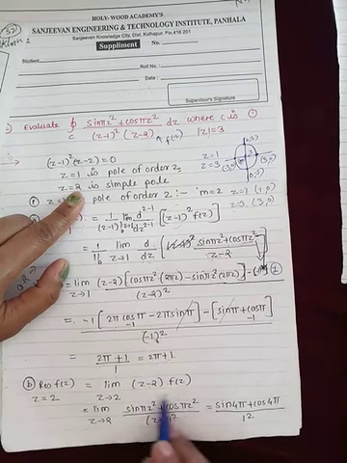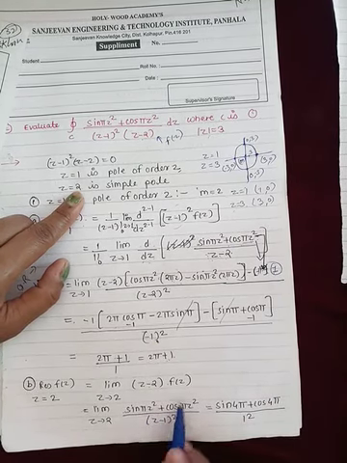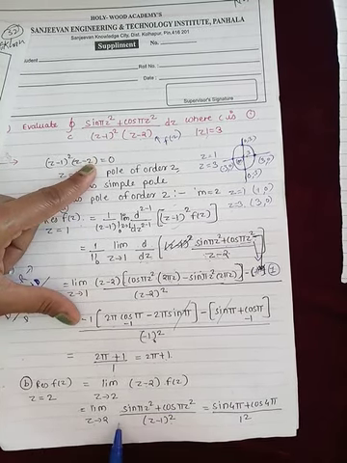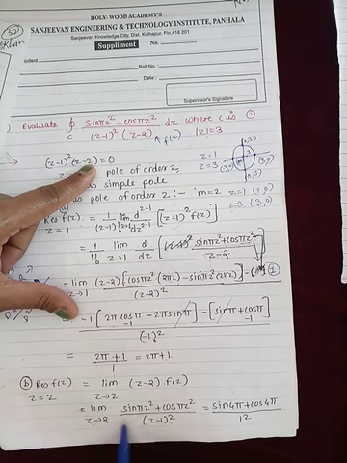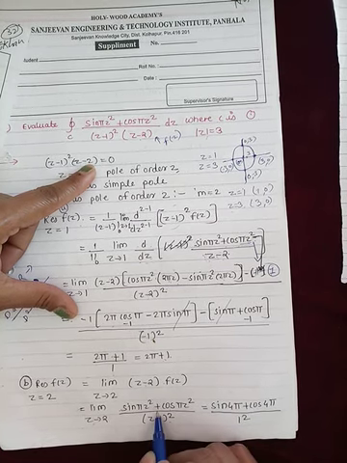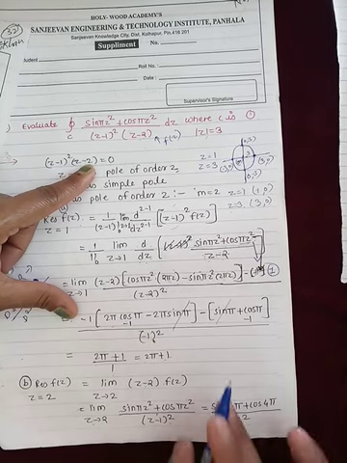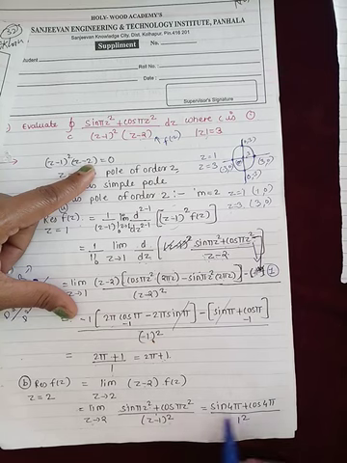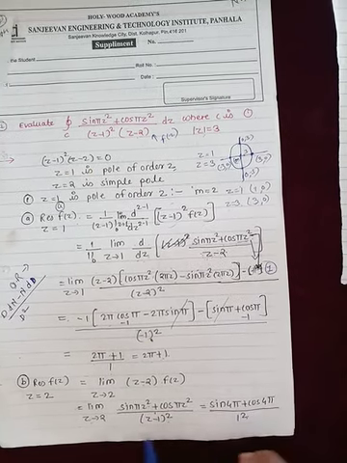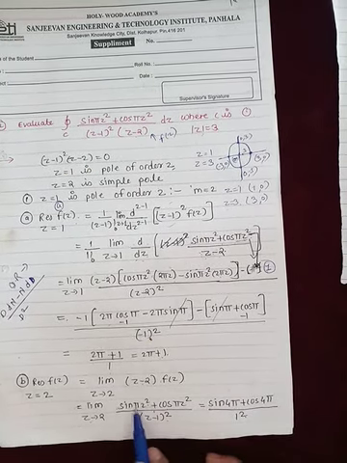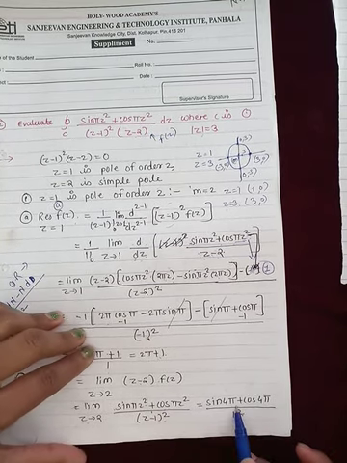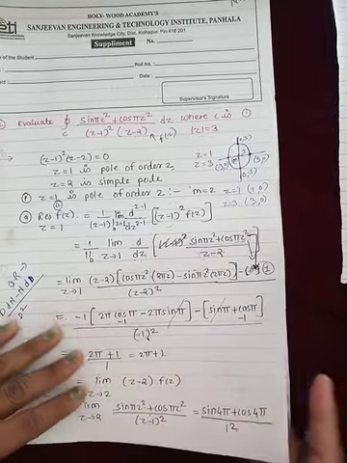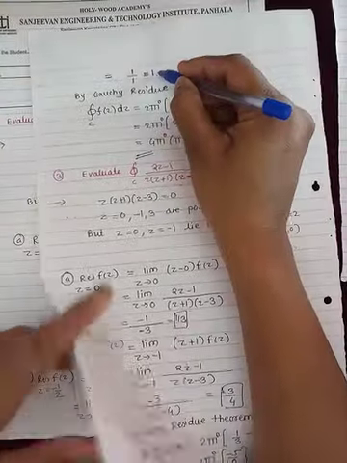So we get the remaining function as sin pi z square plus cos pi z square upon (z minus 1) bracket square, as z tends to 2. Now first put z equal to 2 here. If we get an indeterminate form, then apply the L'Hospital rule. So by putting z equal to 2 here, we get the answer. What is the answer? By putting z equal to 2, 4 pi. So sin 4 pi is 0, cos 4 pi is 1. We get the residue 1.